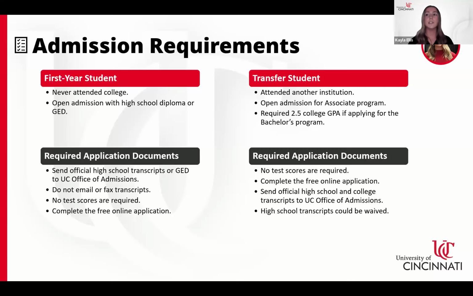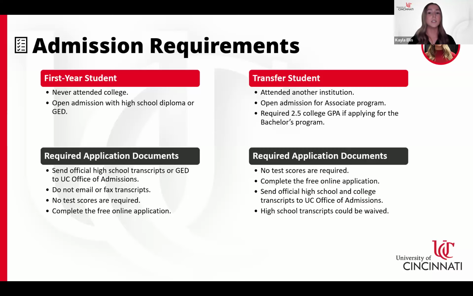A transfer student is a student who has attended another institution. Admission to our associate's degree is open to transfer students. A 2.5 GPA is required from your previous institutions to be admitted into the bachelor's program. Again, to apply, you will just complete the free application form, and then you'll request the official transcripts from all institutions that you have previously attended before coming to UC, and you'll have those sent to our University of Cincinnati